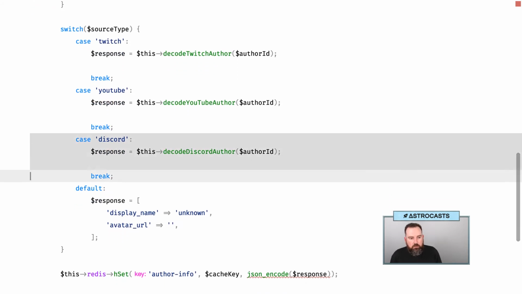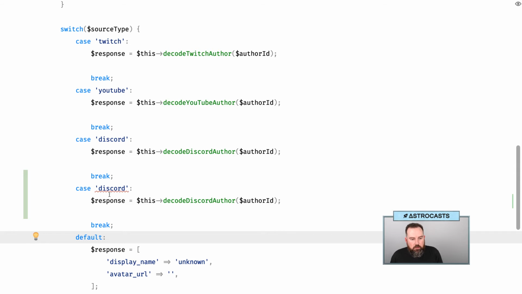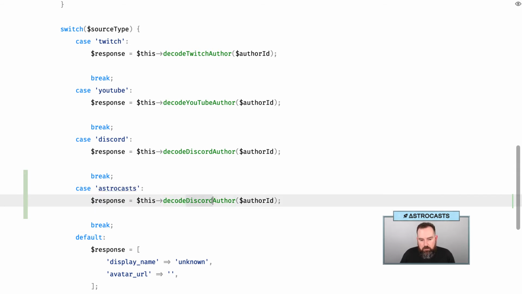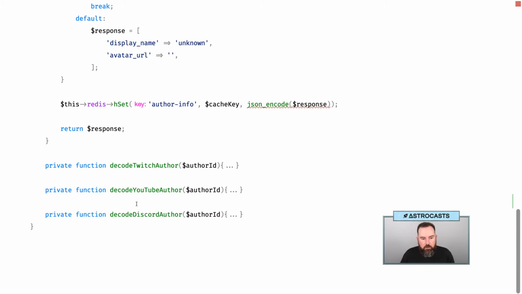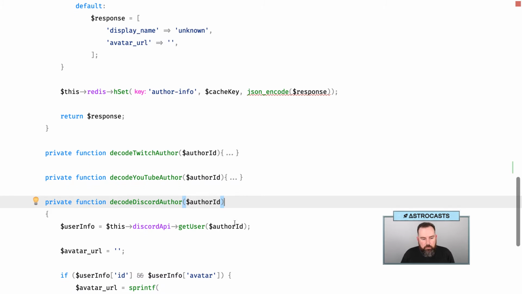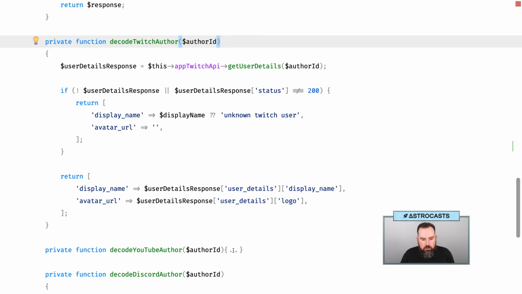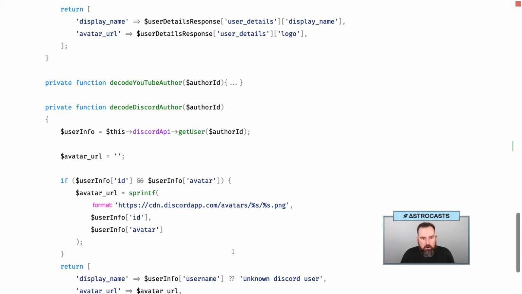So let's do Astrocasts, decode Astrocasts author. Which author? Which one of these would be easiest? Probably Discord, actually. So let's do